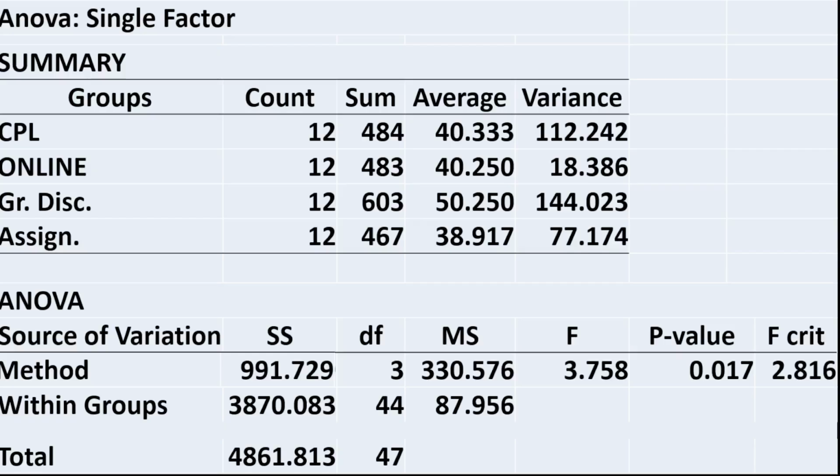Now, how to check the hypothesis, how to take a decision about the hypothesis? For that we have to use either the F value or the probability value. First we check our hypothesis with the help of the probability value. The calculated probability value is 0.017. To take the decision about the hypothesis with the help of the p value, we have to remember that if the calculated probability value is between 0.01 and 0.05,